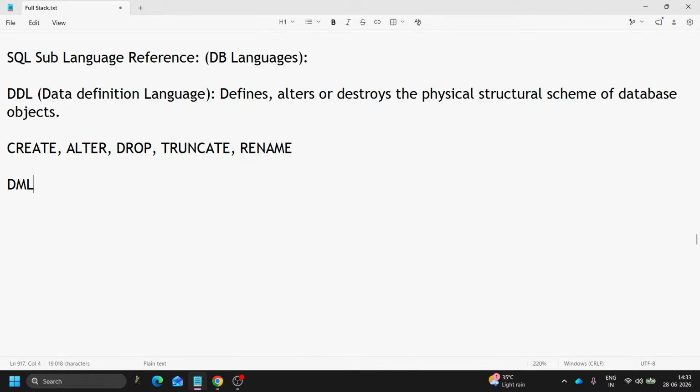The next one is DML, data manipulation language. DDL is not linked with the data part. It only focuses on the table part: defining a table, altering the table, and dropping the table. Simple. And here DML is going to manage and